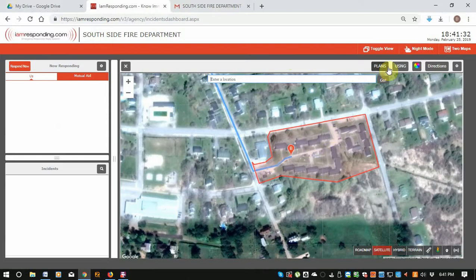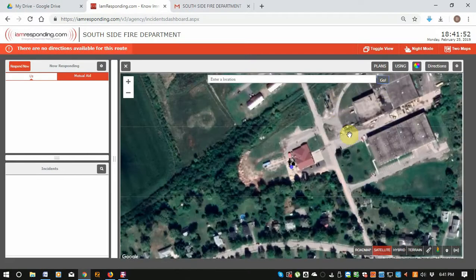this is ideal for complexes or apartment complexes, especially when you need plans in the area such as distances, if you have some exposure issues or anything like that. So much like pre-plans, this is the same thing, but it's based on a geofence area. So again, if you hit clear, this goes back to the fire station. If I type in Murphy Lane,